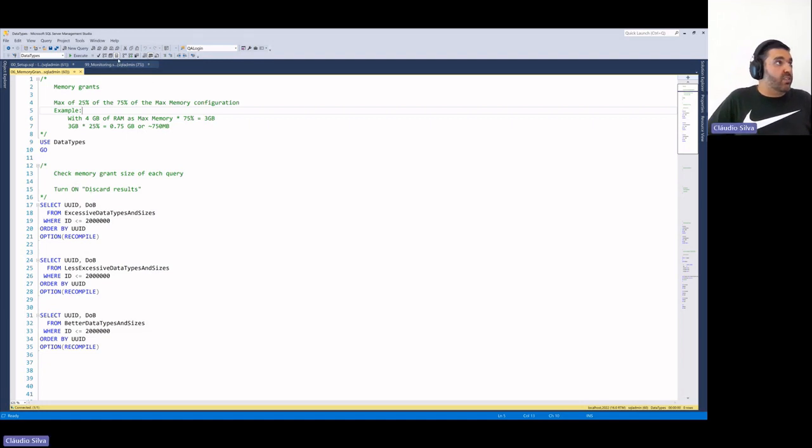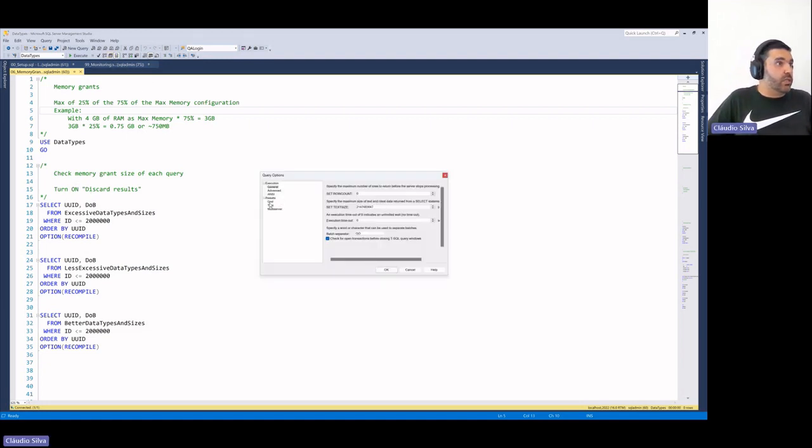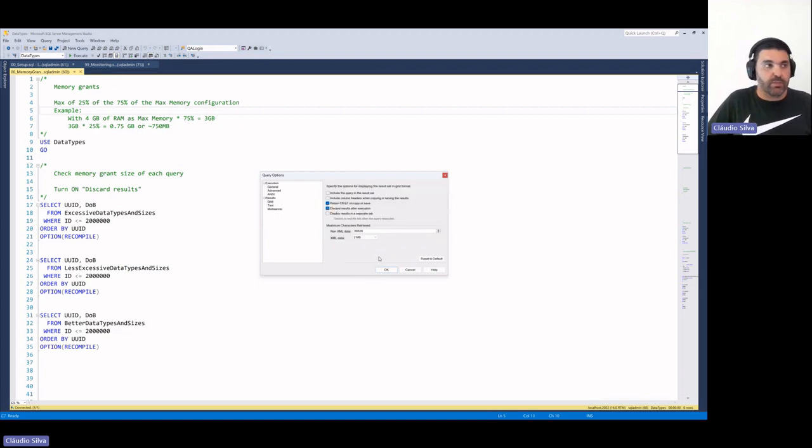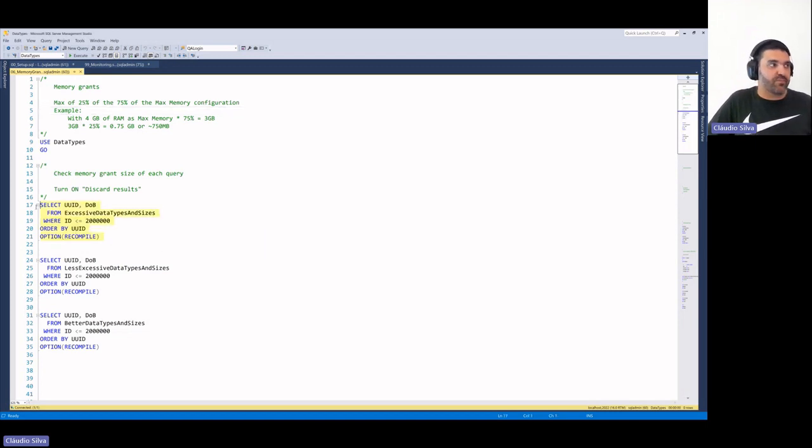Now, for this example, I will go here to my grid and discard the results after execution, because most of the time of the execution of this query is not the query itself, but rather drawing the results on the grid.